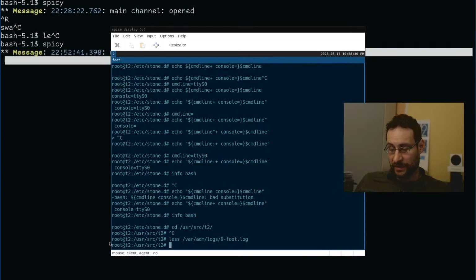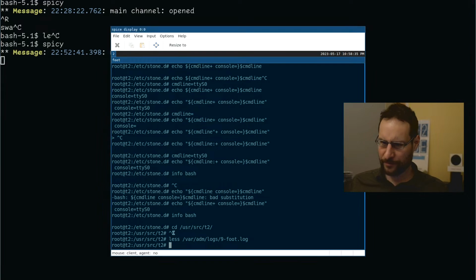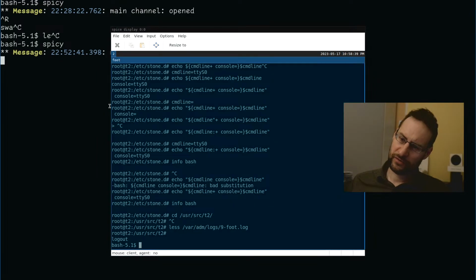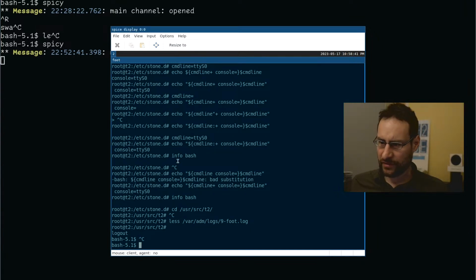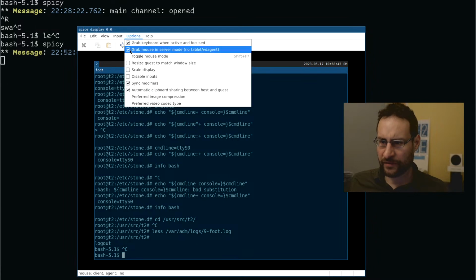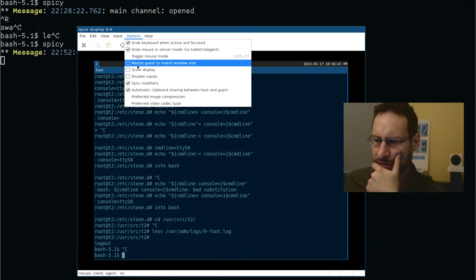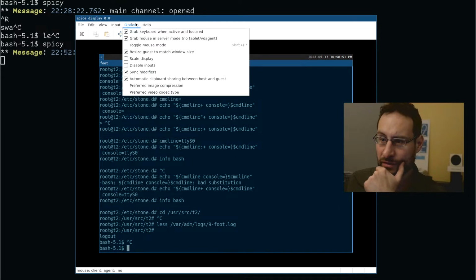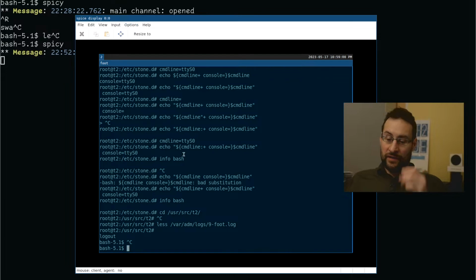So otherwise, I wanted to check, does Sway support setting custom resolutions? I guess it could have this option to match window size. Okay, that doesn't do anything right now. Modifiers, yeah.